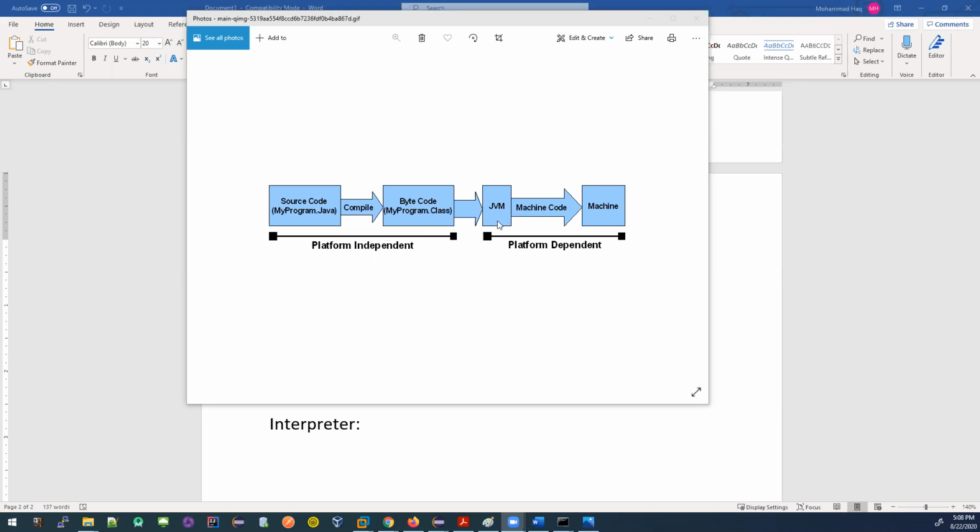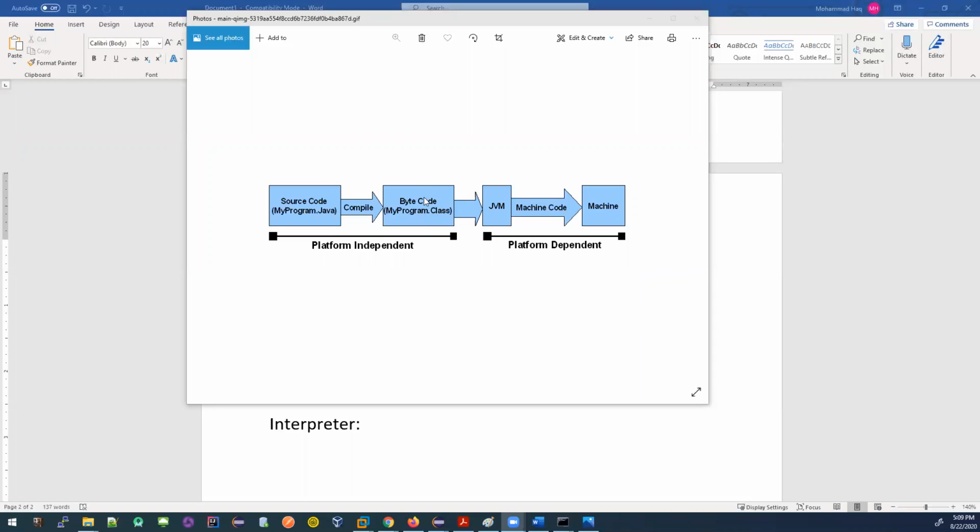So the Java virtual machine could read any bytecode or any compiled code which is generated on any other operating system. It doesn't matter on which operating system this bytecode was generated, the Java virtual machine can read it.